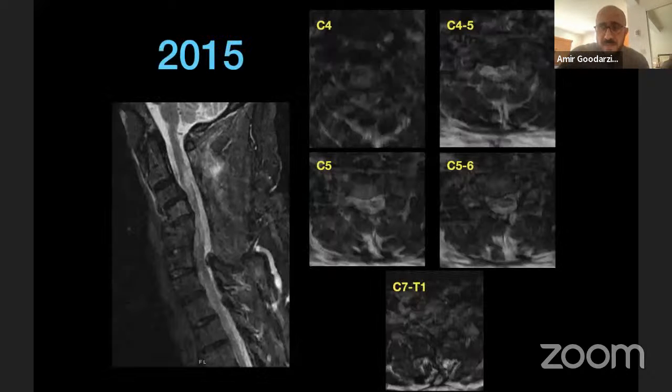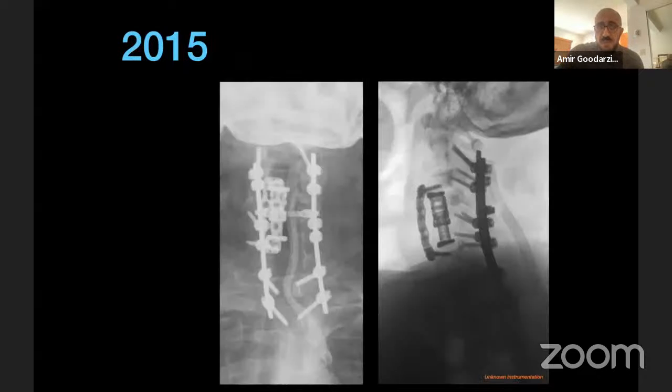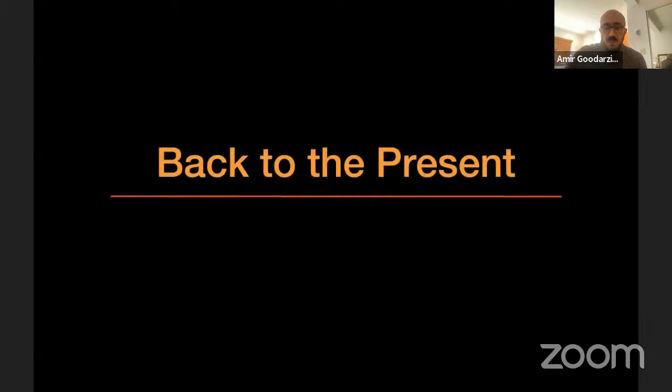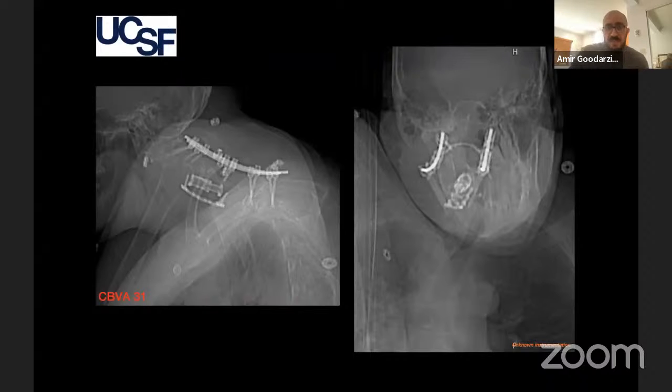An MRI at that time demonstrated an epidural fluid collection along with some prevertebral swelling and signs of myelomalacia, which was concerning. And so at that time, he went to the operating room at the outside hospital where they did a C4-5 corpectomy, anterior plate fixation, and they were able to restore his alignment fairly well with a C2 to T2 posterior fusion. So coming back to today, again, as I mentioned earlier, his CBVA was 31